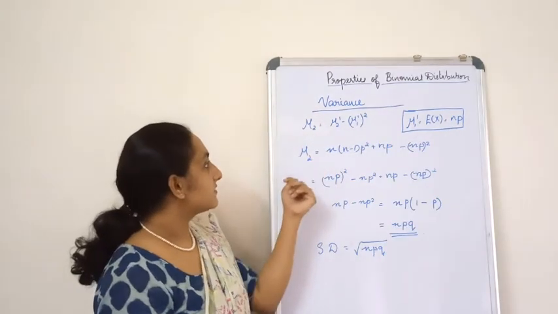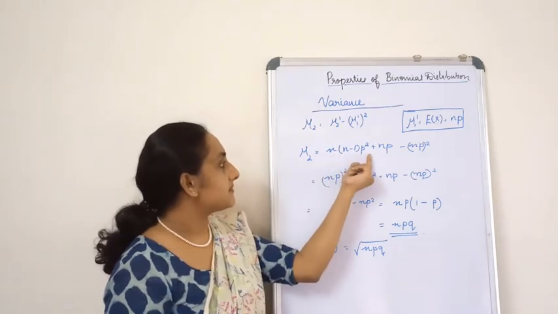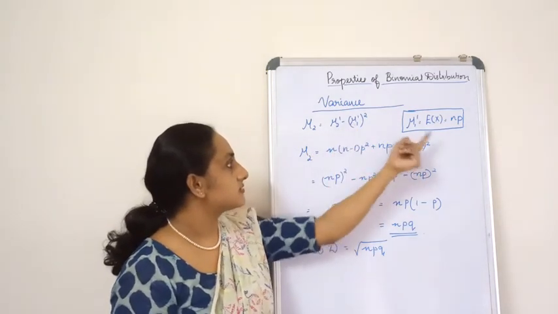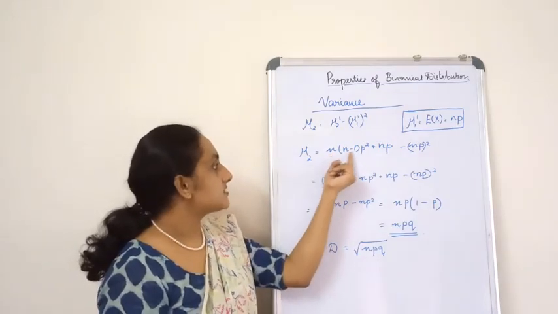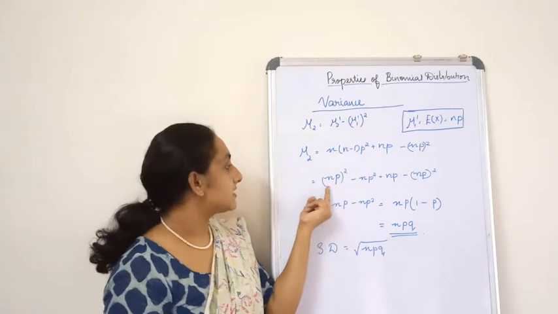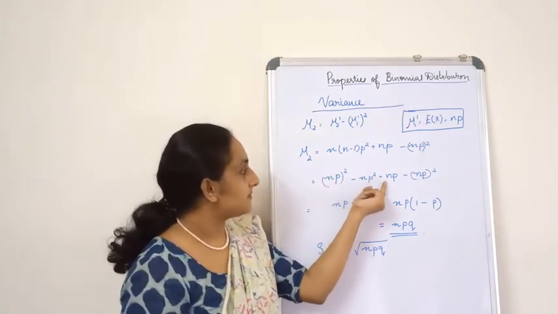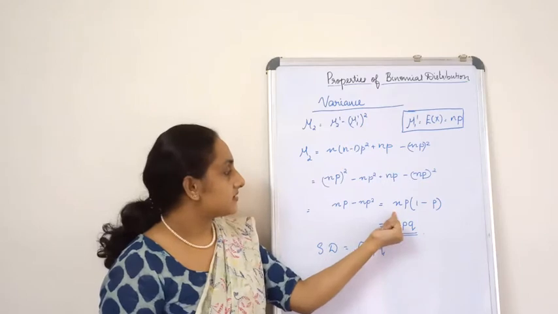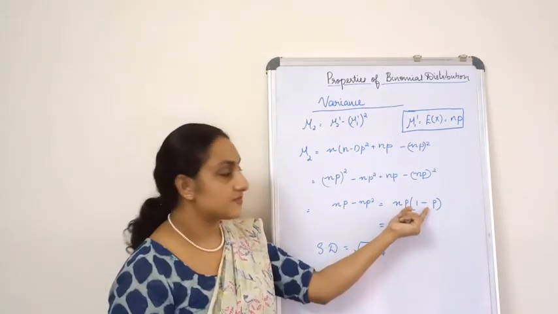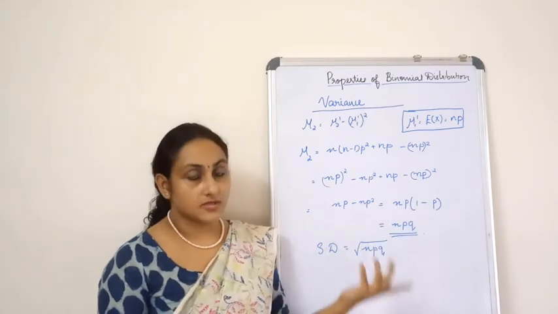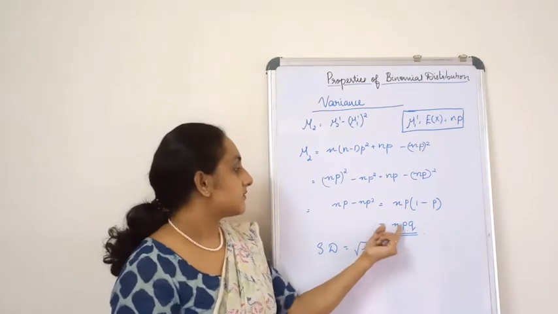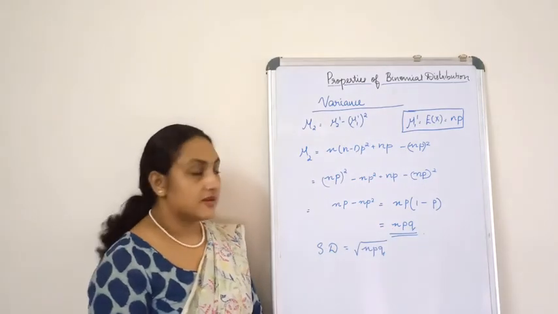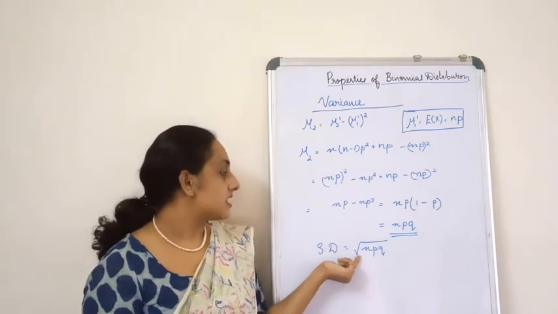Okay, when you substitute the values over here, you will get n into n minus 1 p square plus np, that is mu 2 dash, minus np square, mu 1 dash the whole square is np square, which is equal to, I'm going to take these np and p square inside, so I get np square minus n into p square plus np minus np the whole square, which is equal to, this term and this term get cancelled, you will get this, and you can take this np outside, so np into 1 minus p. 1 minus p is nothing but what, according to binomial distribution, 1 minus p is q, so that is why it is npq, and hence the variance or the mu 2 for a binomial distribution is npq, and the corresponding standard deviation is root of npq.